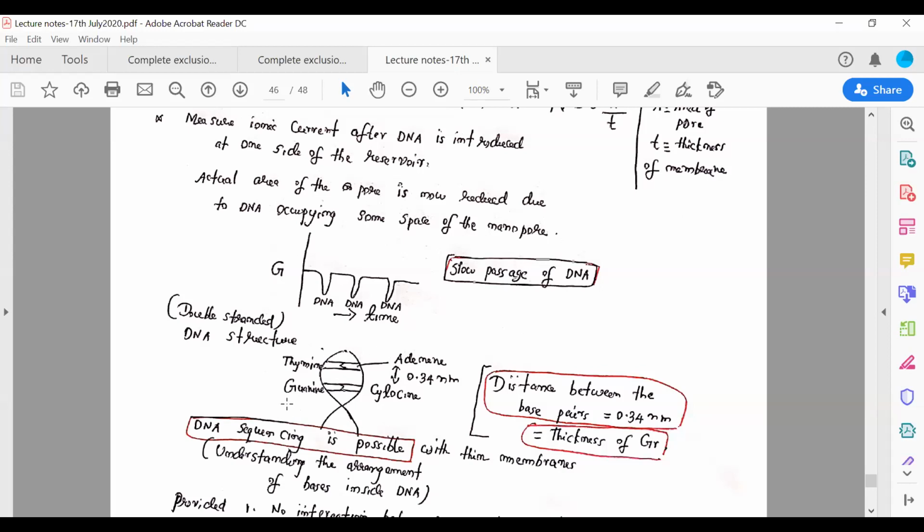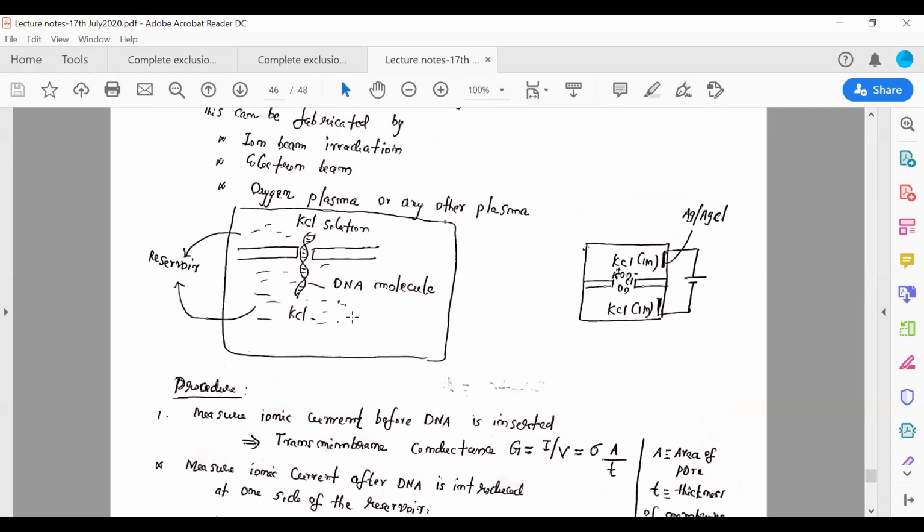So these are the 4 bases. This is a double-stranded DNA. Typically in experiments, people use single-stranded DNA. You can break this and make a single-stranded one. I already gave you a hint that the lateral size is 2 nanometer. The length can be tens of nanometers. You can have long chains also.